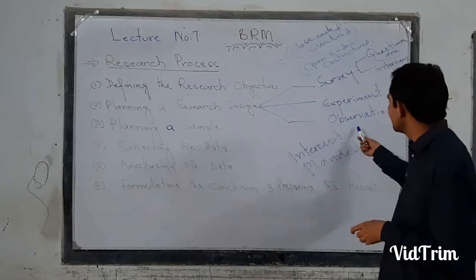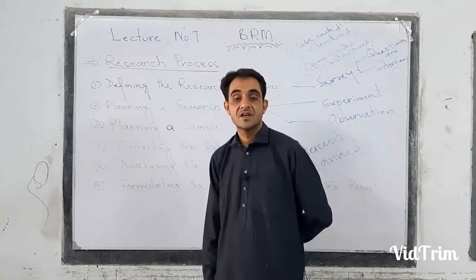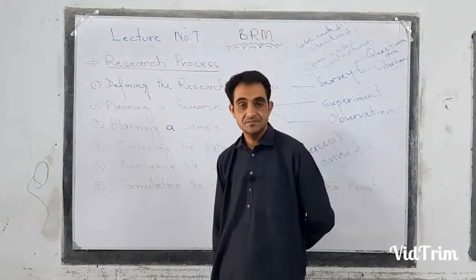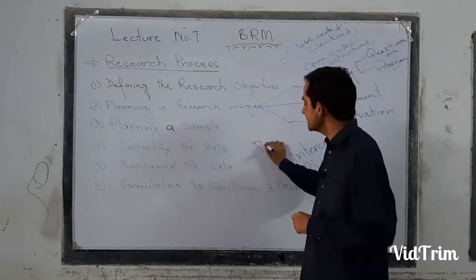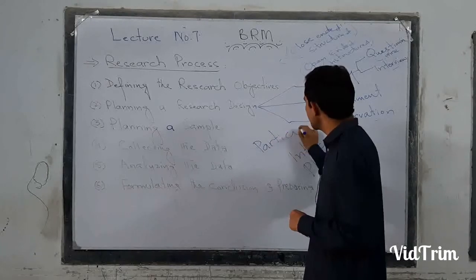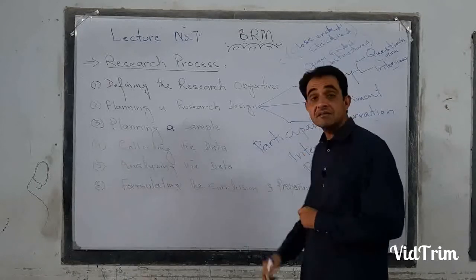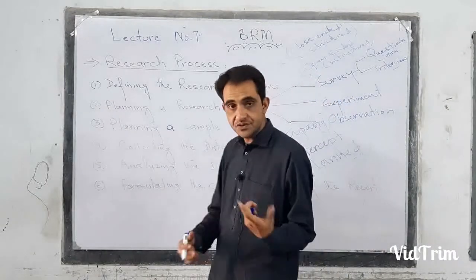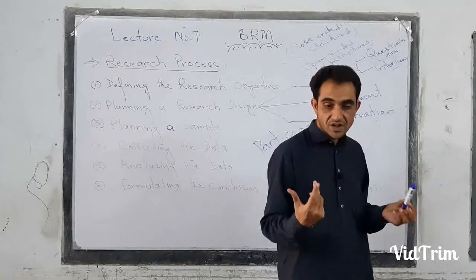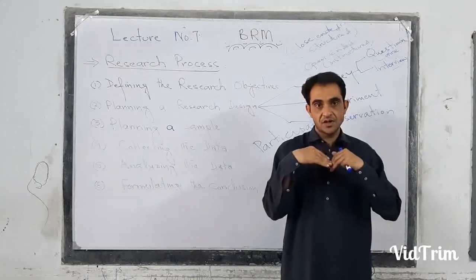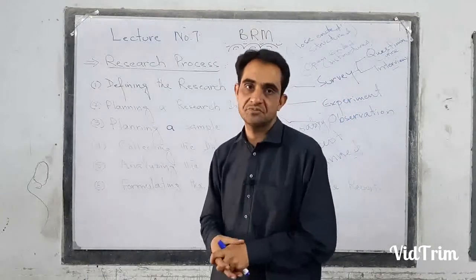Then we have got observation. Observation is also of two types. One is called participatory observation. Let me write the spelling for you people. Most students are having problems with the spelling. Participatory observation. First we should know the meaning of observation. What is meant by observation over here? Any process to which a person is looking for data collection purpose is called observation. For research purpose, for data collection purpose, it is called observation.